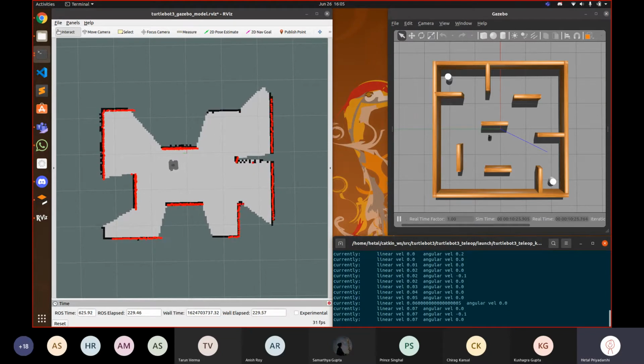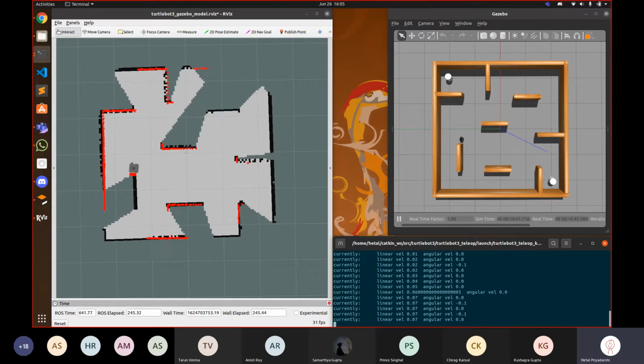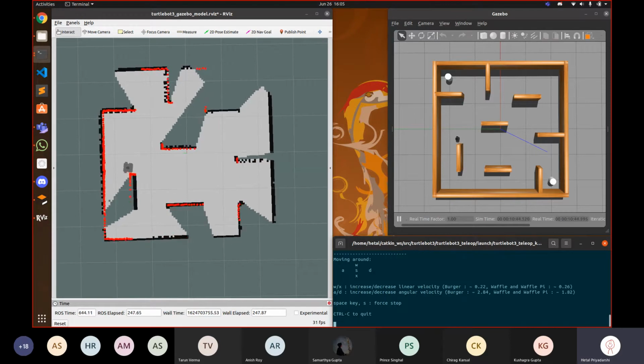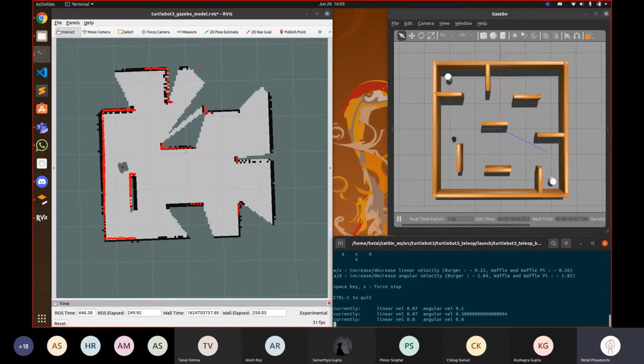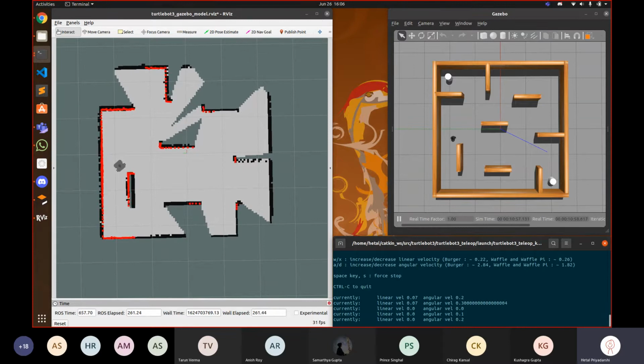I would also advise doing this slowly, because many times if you move the robot really fast, the wheels may skid, and the odometry data gets messed up. I think this was in the questionnaire, or not?